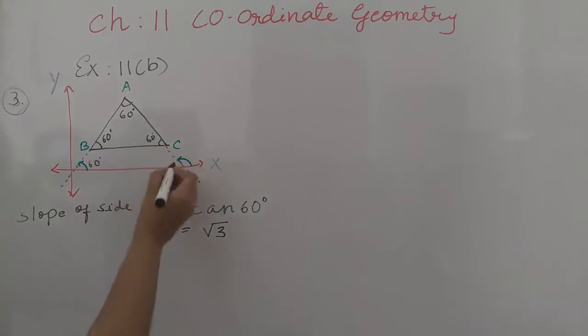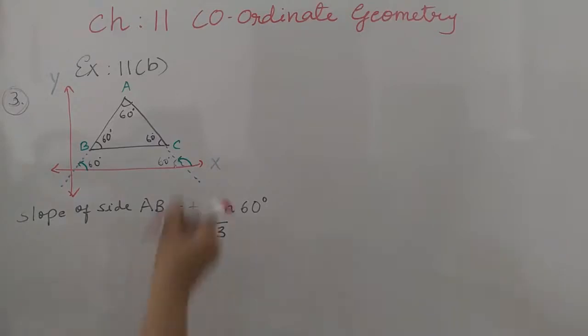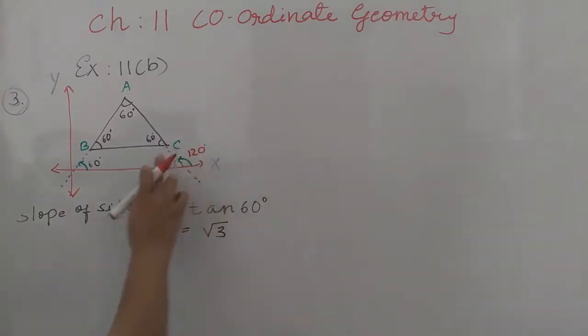If these and these are equal, they are forming corresponding angles. So this is 60 and they are the linear pairs. So how about this angle? It will be of 120 degree, as this is 60 degree. These and these are equal and linear pair, so it is 120 degree.